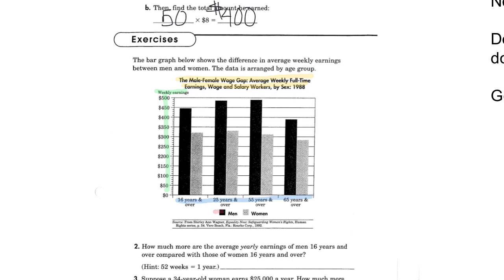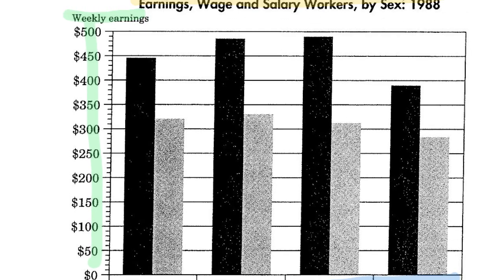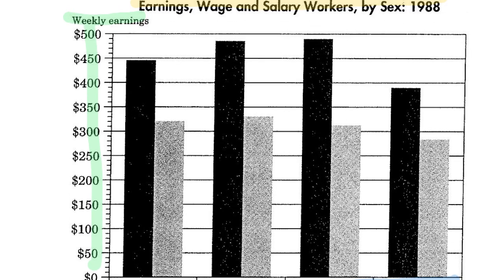Our x-axis is the age groups. Now, if you look down here, the men is the darker bar and the women is the gray bar. Now, on your paper, it's going to be very difficult to get an exact number. So when you're doing this, you could get an approximate, get as close to. So for example, when you look at the 16 years or older, if you notice the